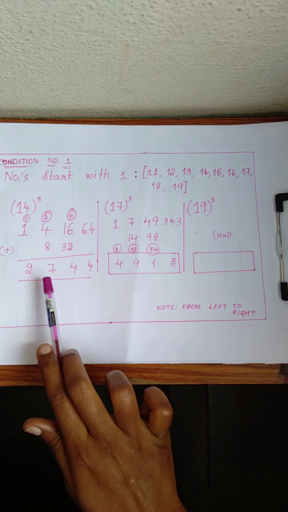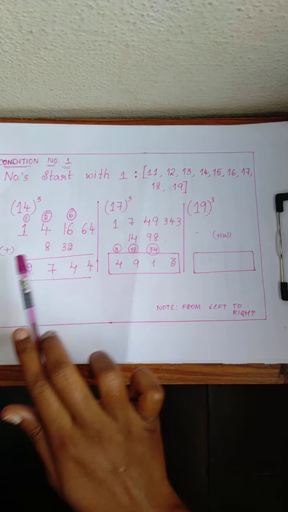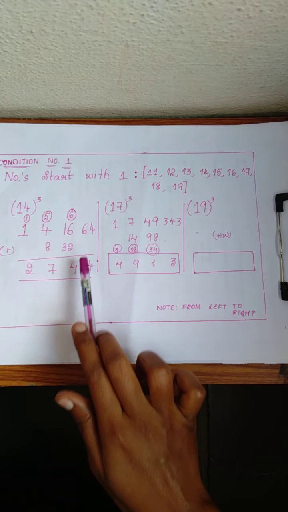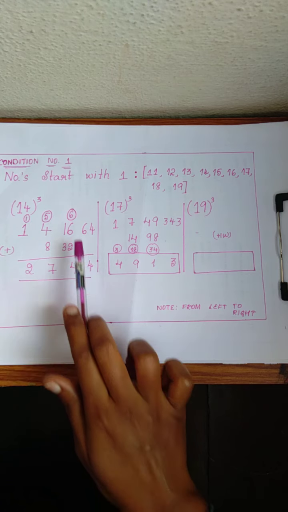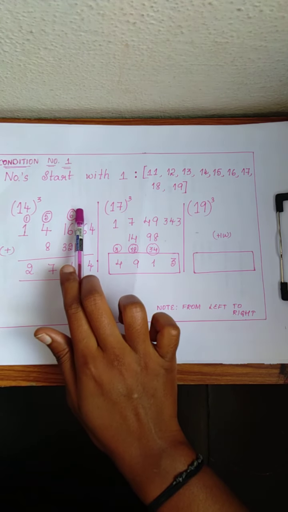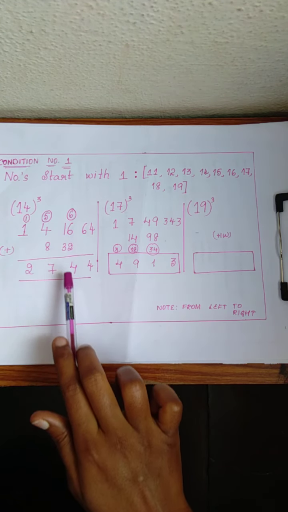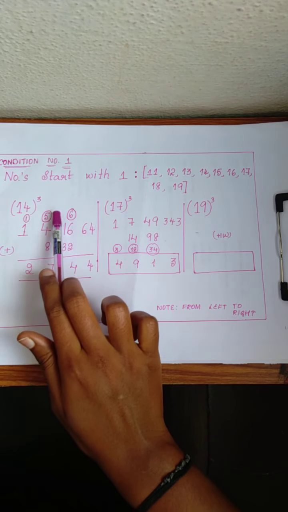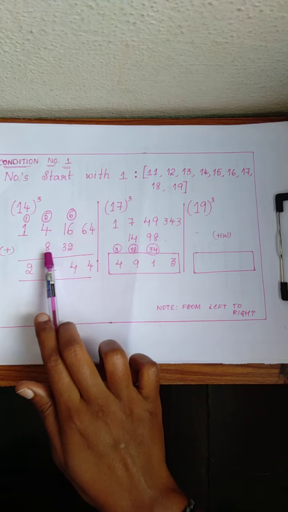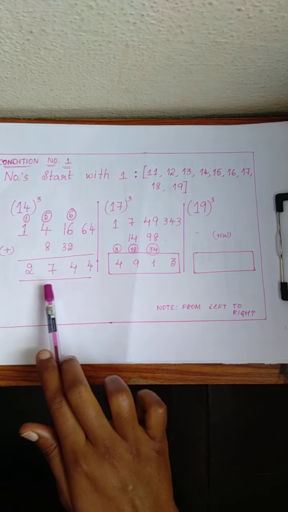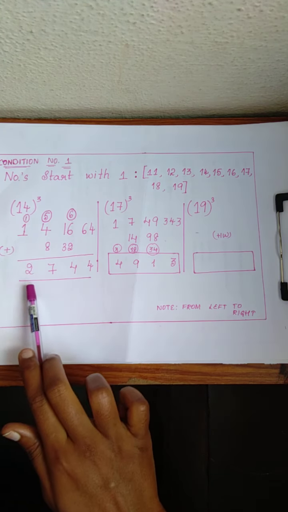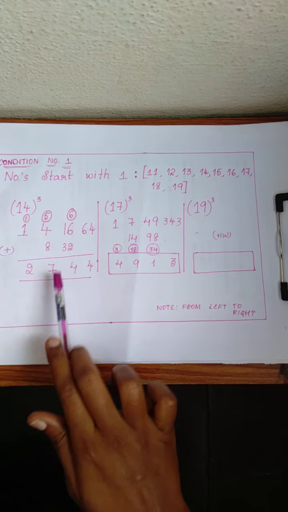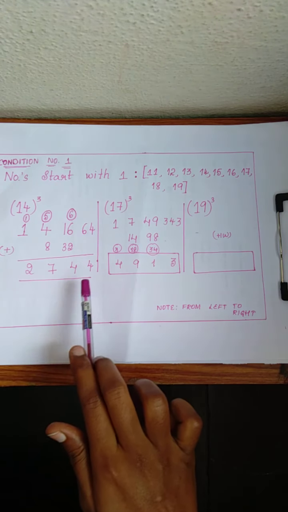After this, the next step, you need to add, simple addition. 64 plus 0 is 64. 4 here, 6 will be carry. 16 plus 6, 22. 22 plus 32, 54. 4 is here and 5 will be the carry. And next 5 plus 4, 9, 9 plus 8, 17, 1 will be the carry, 7 will be here, and 1 plus 1, it is 2. In the same way, the answer for 14 cube is 2744.